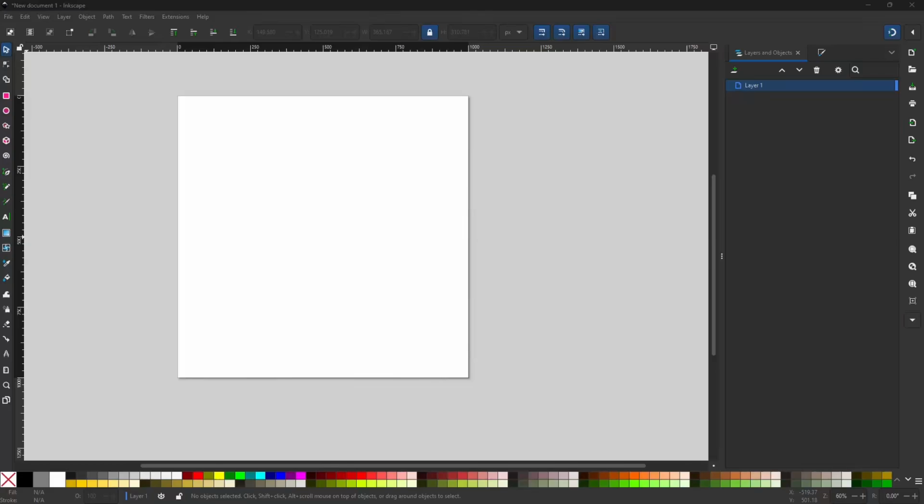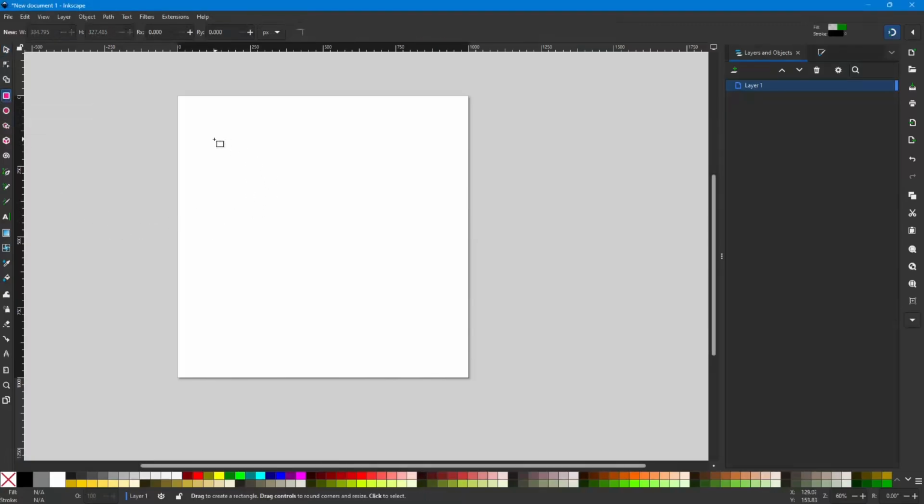And with that out of the way, let's talk a little bit about the basic parts of a shape or an object, or anything really that you put in, a vector object, we'll say. Now I'm going to start with the rectangle tool just for this demonstration. This is not going to be a demonstration of how to use the rectangle tool. I'm just going to use it to talk about the different parts of a vector object. So I'm going to select that tool. I'm just going to drag out a